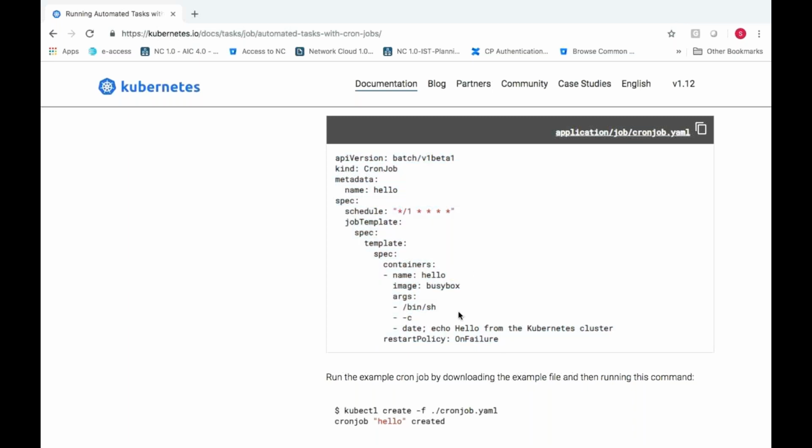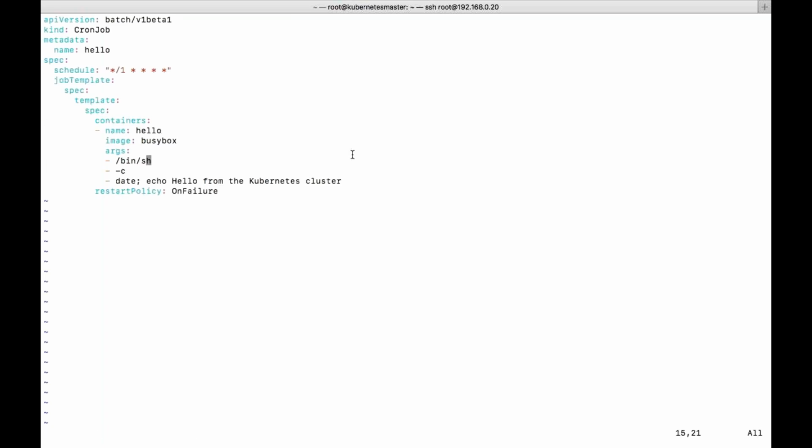What is the task it will run? It will run a command called hello from Kubernetes cluster. That's it. It will restart only on failure. Okay, so let's copy this cron job. Instead of every minute, we'll give 2 minutes at least, or 5 minutes, whatever it is.